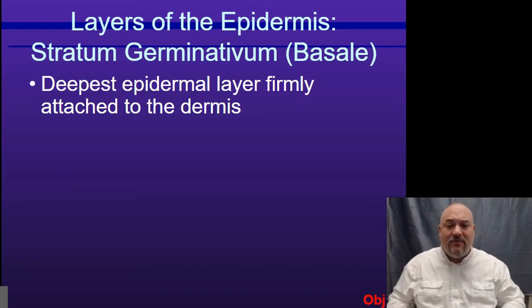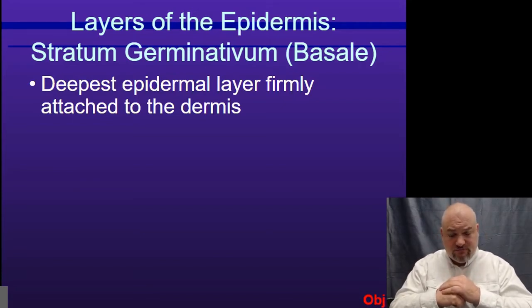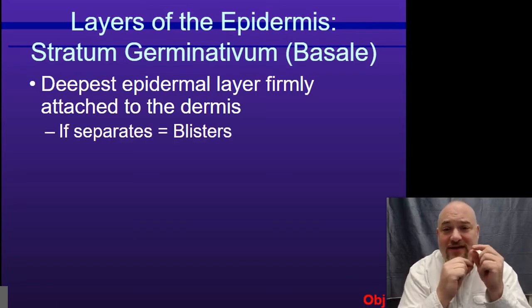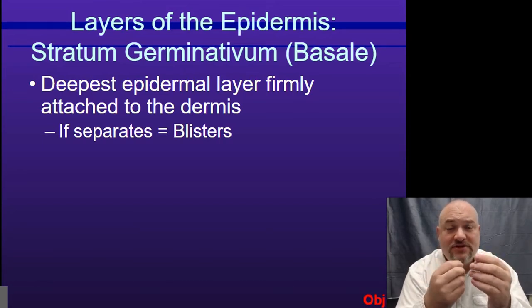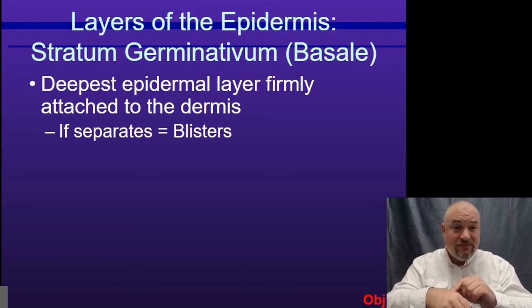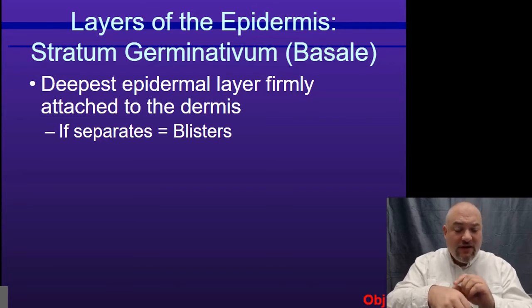So it is the deepest epidermal layer, and it's firmly attached to your dermis below it. Really tight connection. If you separate the stratum germinativum from the dermis, what you're going to get is blisters. So whenever you have a blister and it kind of puffs up, the fluid in there, everything above the fluid was epidermis, everything below the fluid is dermis. So you've separated either via heat or via friction, and you've separated those two layers, and you get a blister